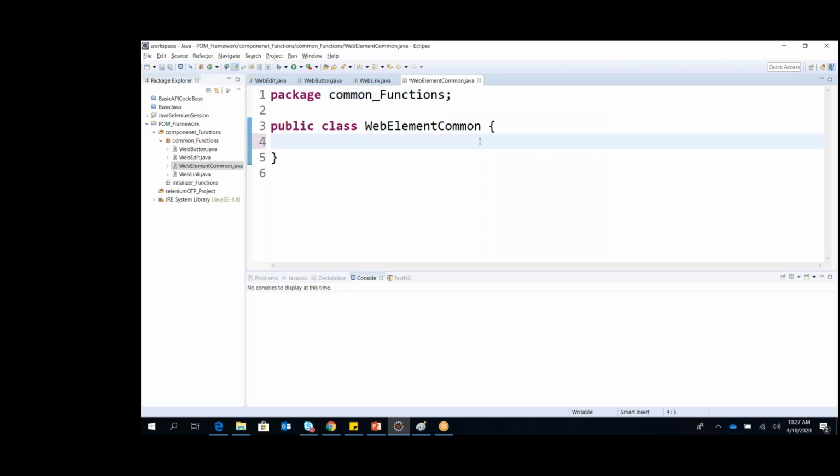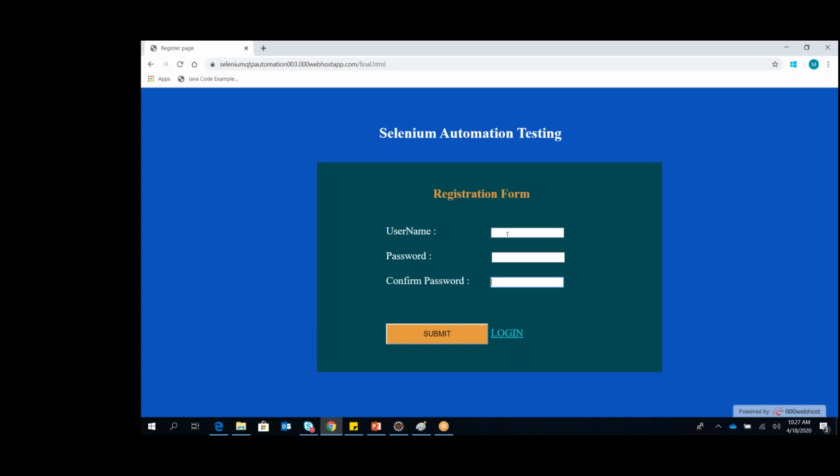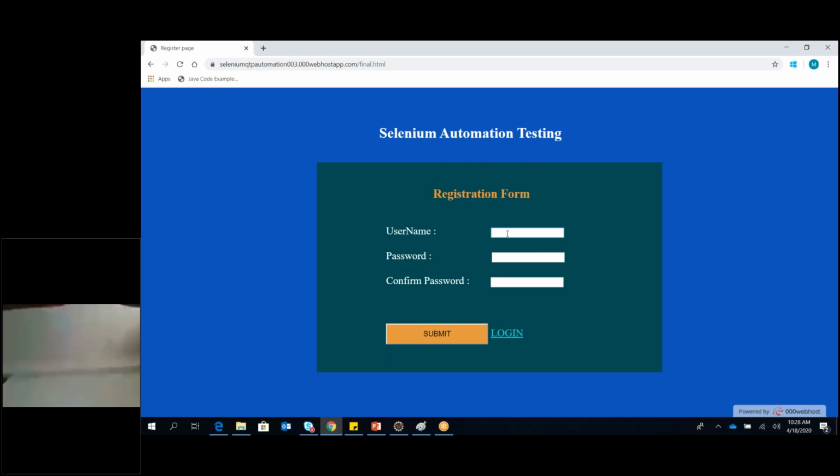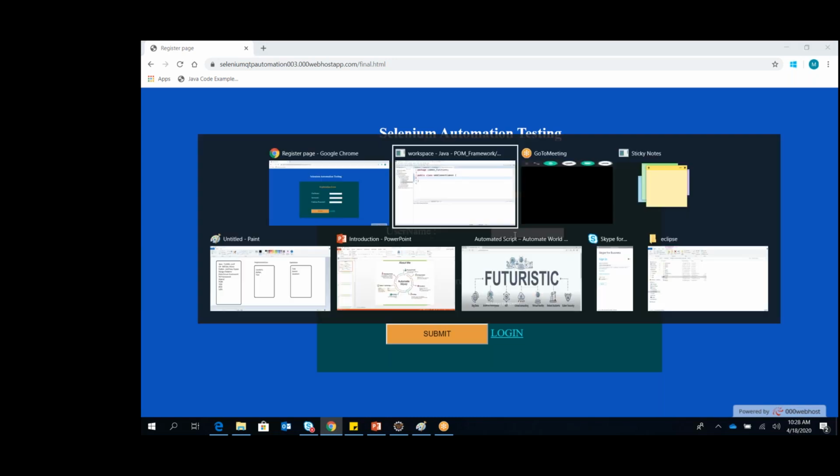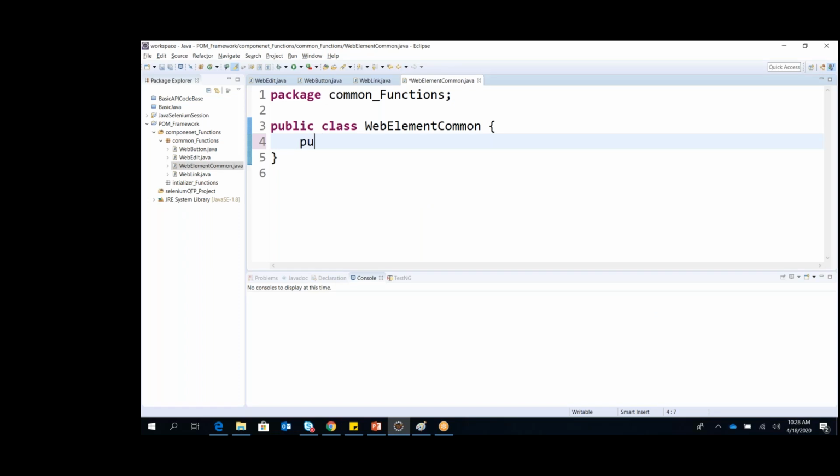In the web element common, mostly what we can see is, if this username is present, then only we can perform some action. If this edit box is enabled, then only we can perform some action. Let's say we first check if it is present, but if it is not enabled and we try to enter something in this edit box, definitely it will throw another exception. So we can add those common functions here first. So I'm going to create some static